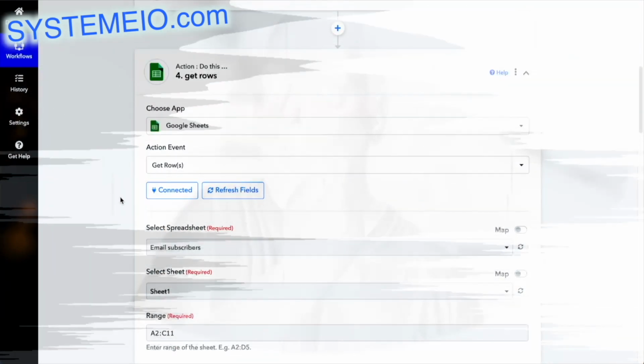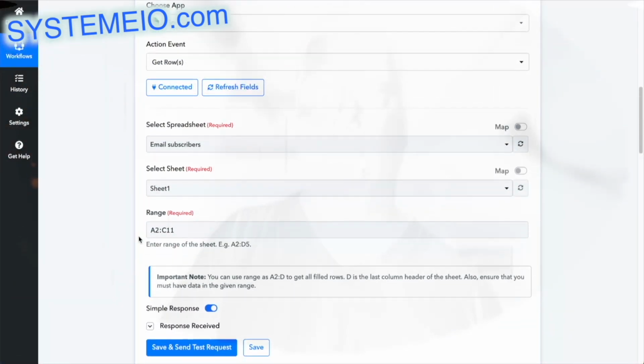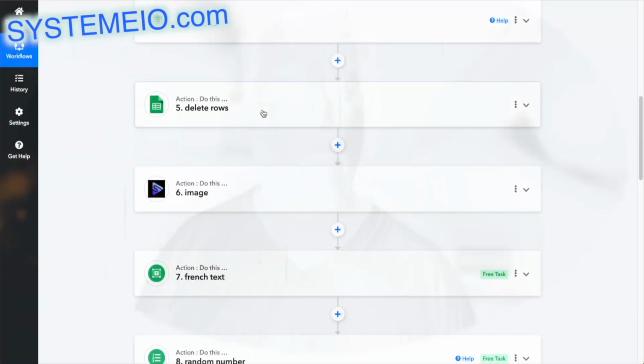If instead I cleared the cell values within rows 2 to 11 without deleting the rows themselves, then row 2 would be empty. By deleting the row entries entirely, the rows are removed and the data slides up to fill the void. This allows the system to continuously populate row 2 with the next new subscriber, delete rows 2 to 11 to process that batch, and repeat indefinitely.